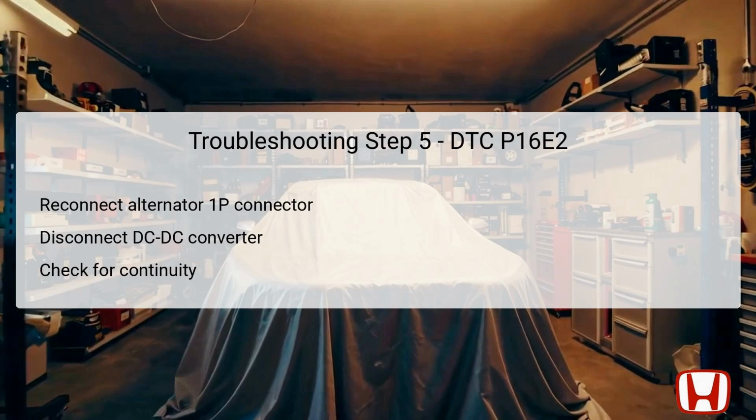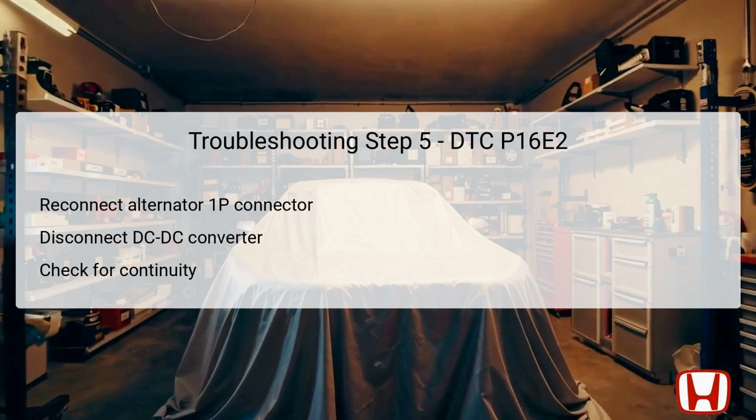With the DC-DC converter connector disconnected, check for continuity between the test points of the DC-DC converter connector A and the body ground. If continuity is confirmed, this indicates that the alternator is likely failing and should be replaced as the root cause of the problem. If not, the troubleshooting will advance to Step 6, which will examine open wires in the LIN communication line